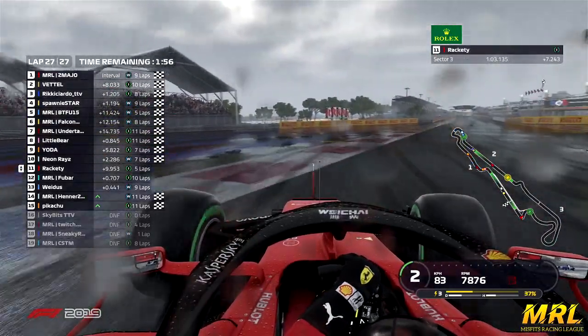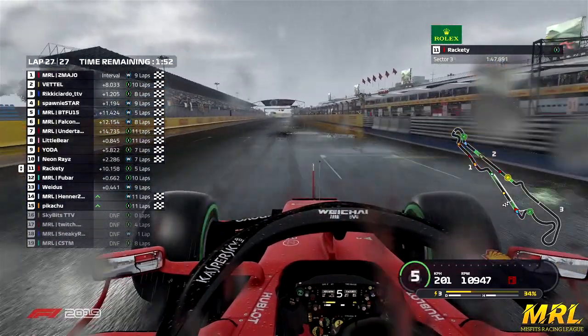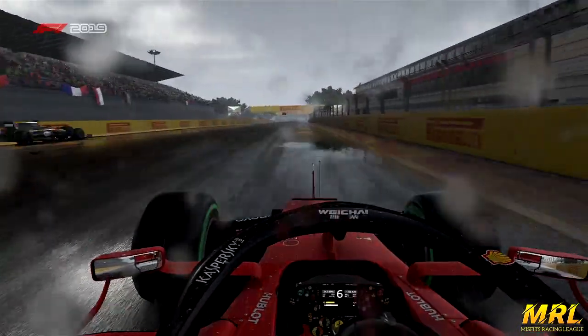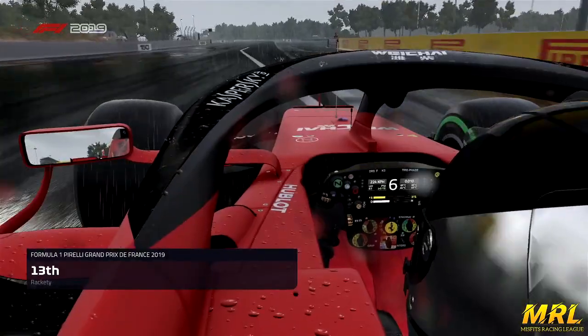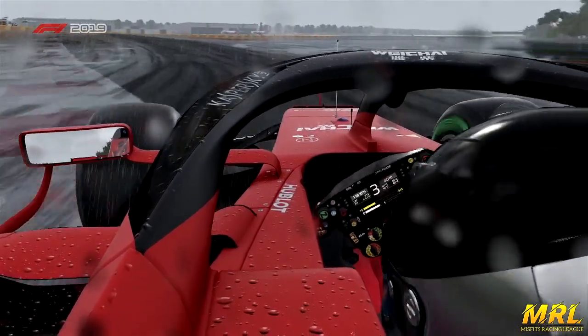Rackety crossing that final corner. Fubar right behind him. Skybit's retiring at the end of this race, and that was Fubar jumping ahead of Rackety after penalties, as we'll take a quick look at how the grid finished off here for round 3 of the